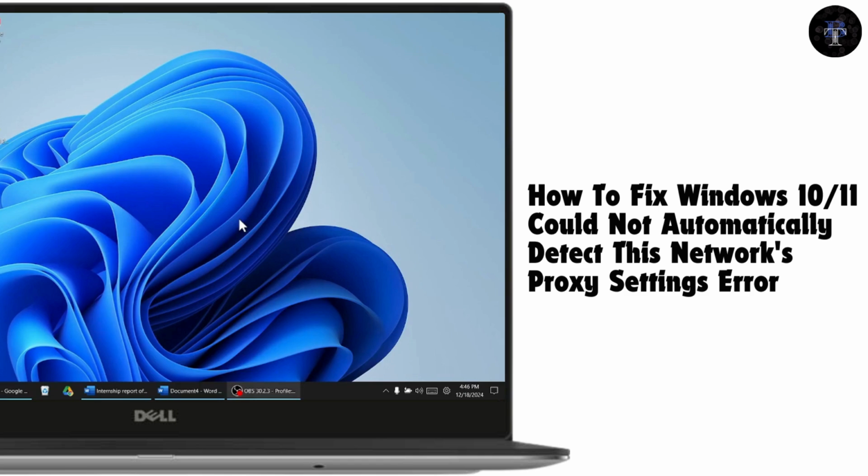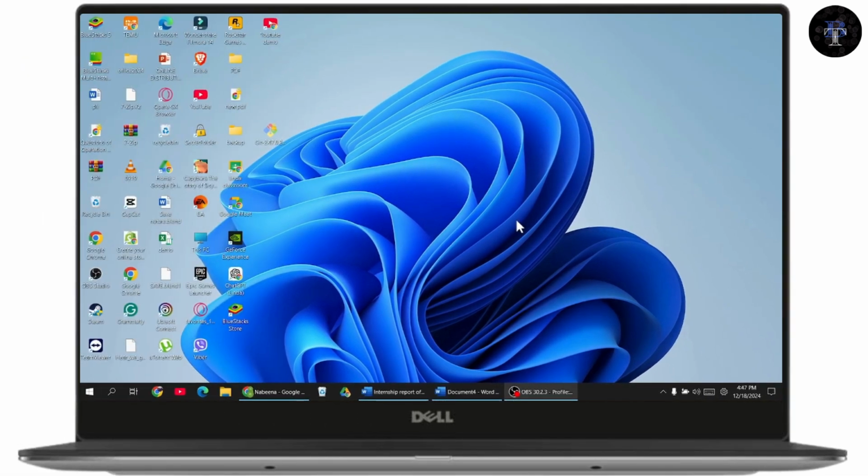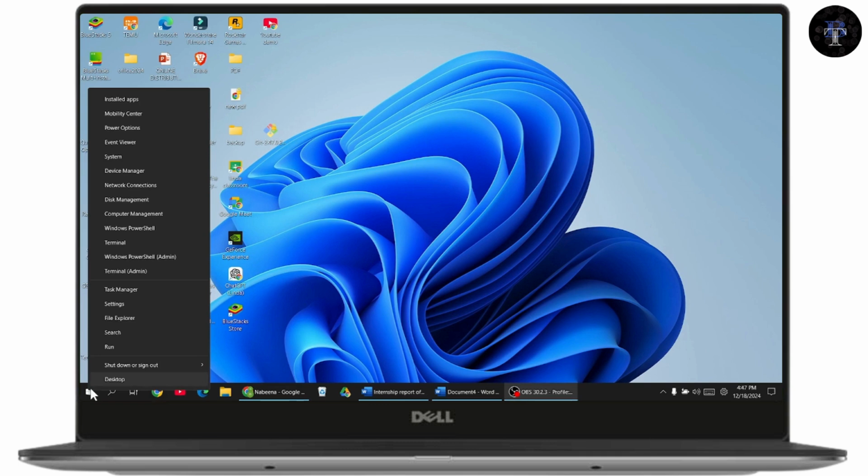How to fix Windows 10 or 11 could not automatically detect this network's proxy settings error. So if you want to fix your Windows 10 or 11 could not automatically detect this network's proxy settings error, then what you need to do is just simply right click on your Windows and you need to open up